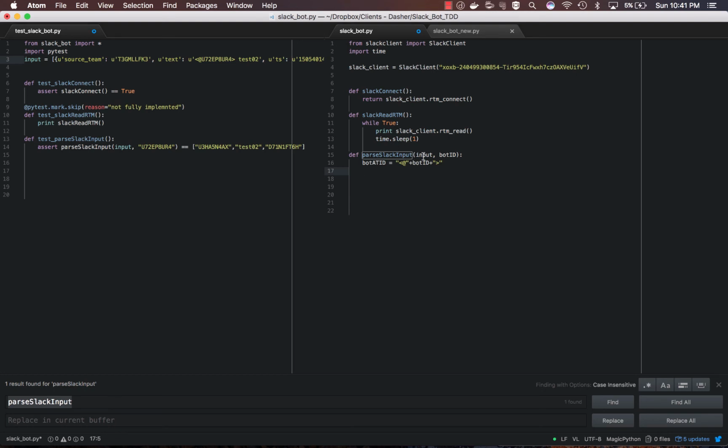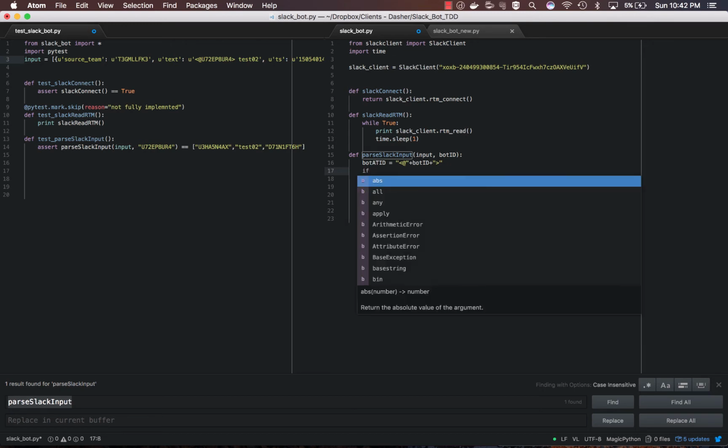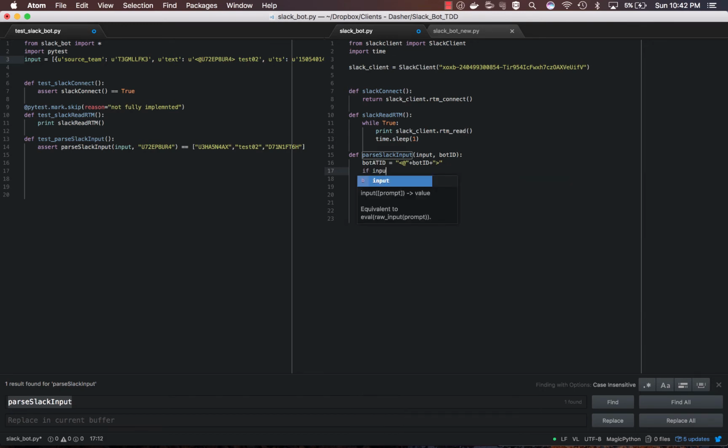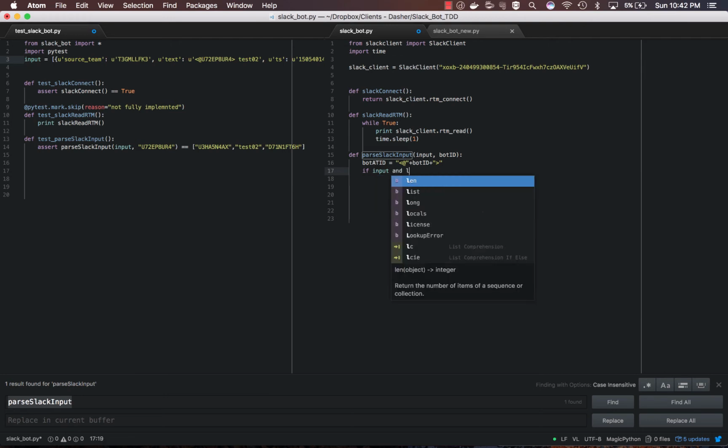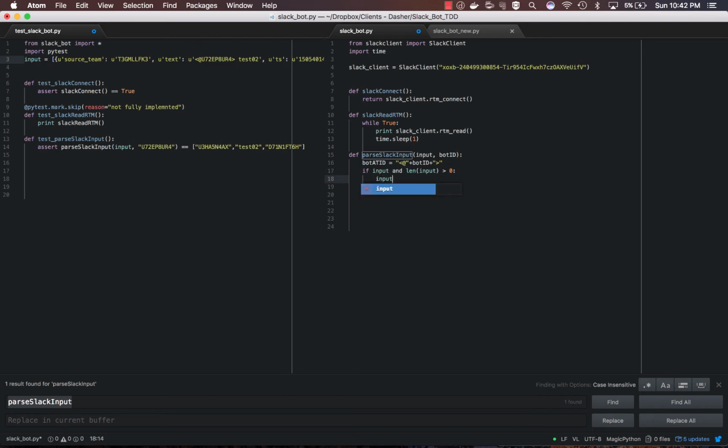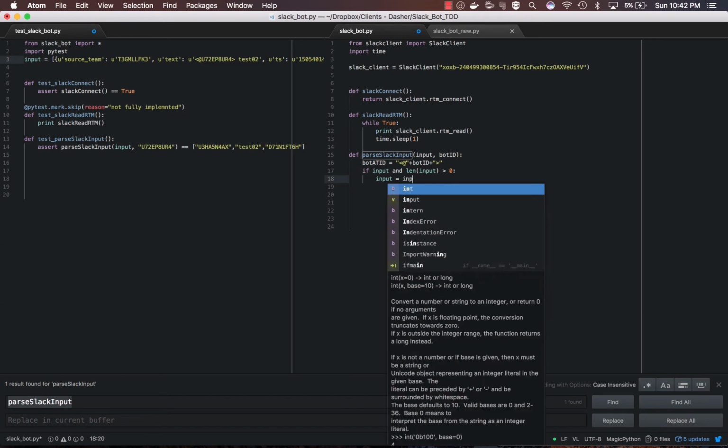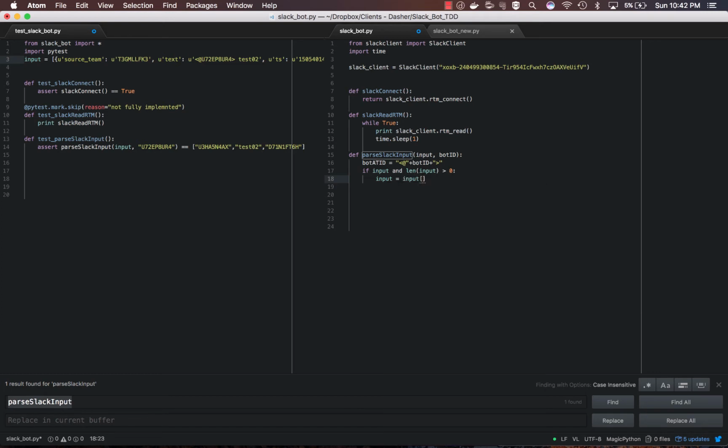We'll evaluate the input, and we'll do that using an if condition. If input and length of input is greater than 0, if this is true and there is something inside the input, we'll take the first element of input because we get it as an array, and then pass that element. So see, this is a list. We want to take this element,